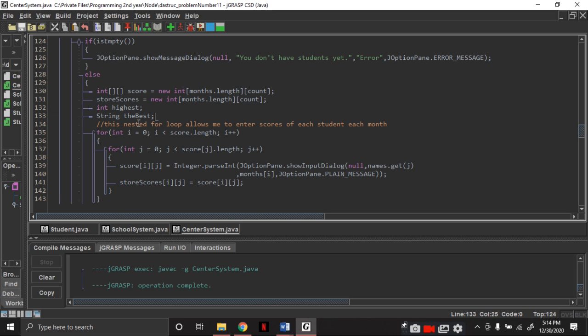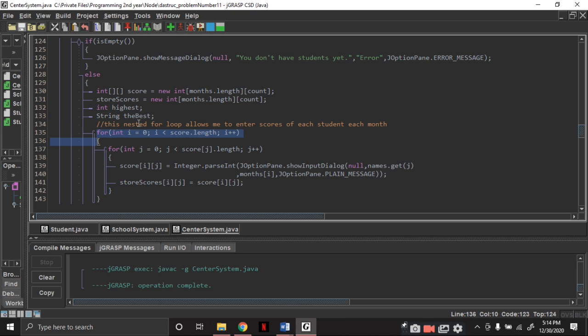The reason for that is that later on I will store the inputted scores into the two-dimensional array, which is store scores. And this int highest will be a storage, as well as the string best.